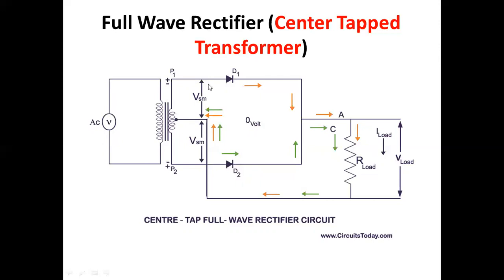Okay, here we use two switches, two diodes, D1 and D2. D1 from one side and D2 from the other side. From the diodes' outputs of D1 and D2, if you observe, a resistive load has been connected here. And the return end of the current is connected towards the center tap of the transformer.